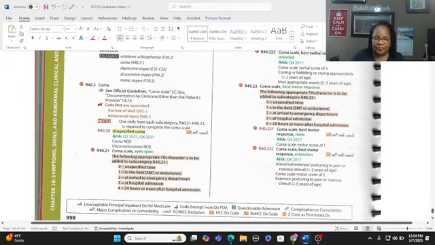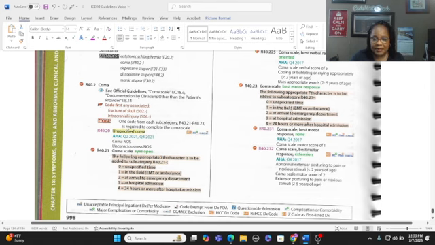Look at 2-1. Your seventh characters are 0 for unspecified time, 1, if it's in the field where the EMT or the ambulance collects it when they pick the patient up, or 2, at the arrival to the emergency department, 3, at the hospital admission, or 4, 24 hours or more after hospital admission. And notice that's at R40.21,